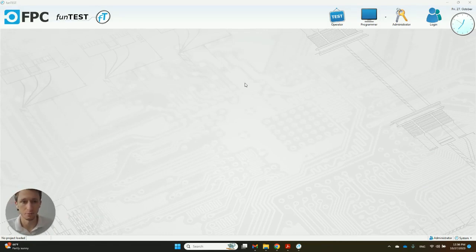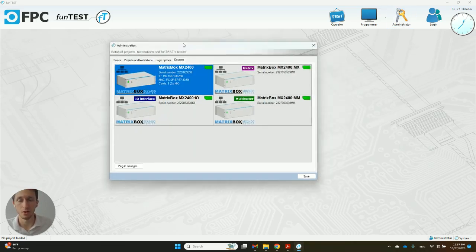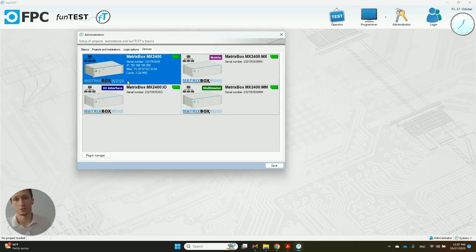Our test setup consists of a multimeter to perform the measurements, a switching system to interface the multimeter with our device under test, and our actual device under test, in this case, an Arduino board. In the plugin window, you can see that all my devices, including the switching system and the multimeter, are recognized in